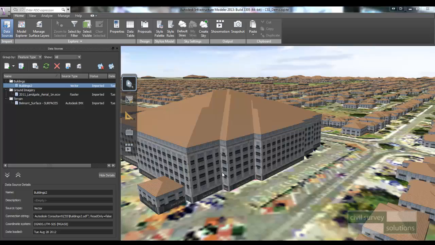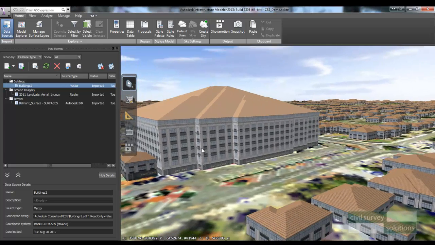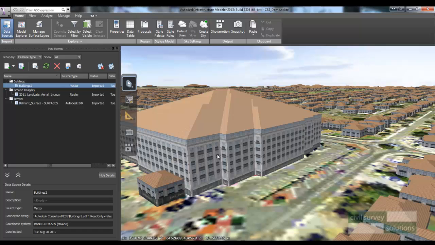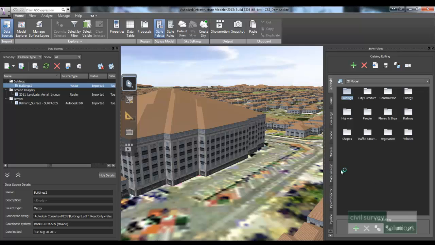Now that I have my buildings imported into the project, what I'm going to do is just edit one of these buildings and change the facade on it. So at the moment it's got the original style that was assigned to it. What I'm going to do is head over to the style palette and create a new material and attach it